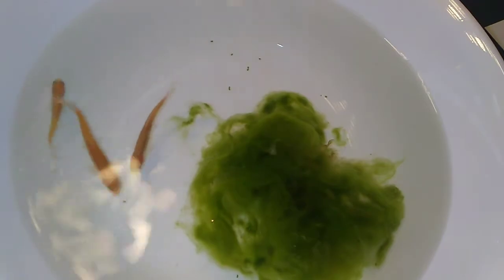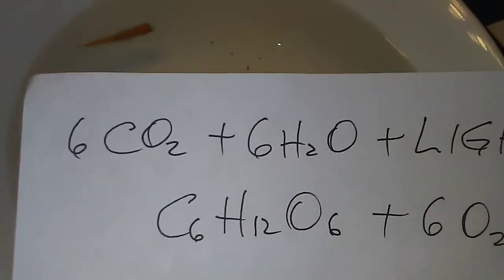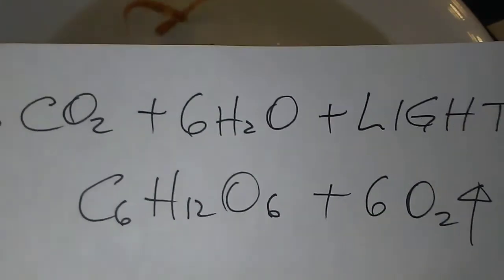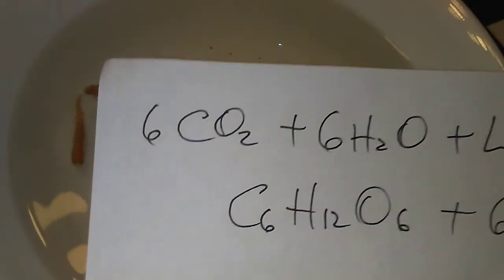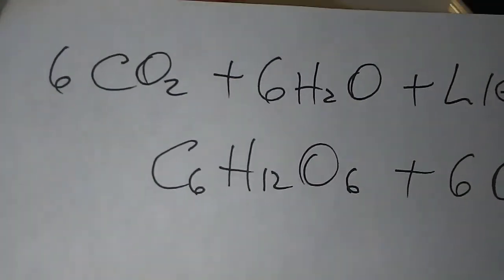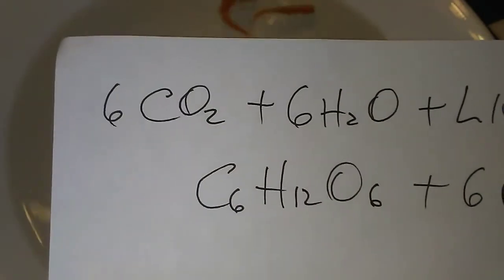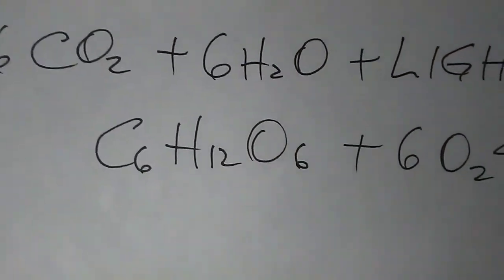Now God has turned something here that would be a poisonous gas, that cannot maintain lives. In fact, 10% of carbon dioxide in the atmosphere would kill us. So God has used light energy to combine water and carbon dioxide to form glucose. And that's the way that he maintains our lives.